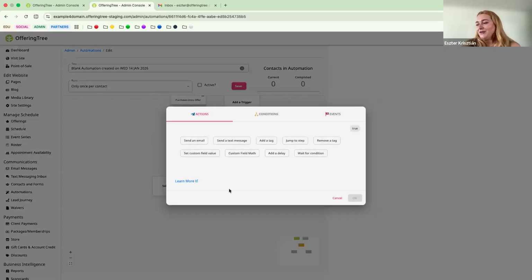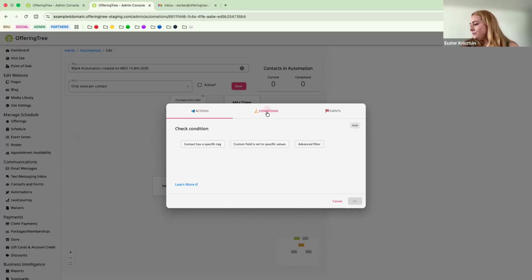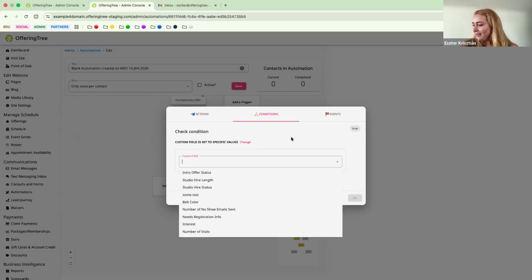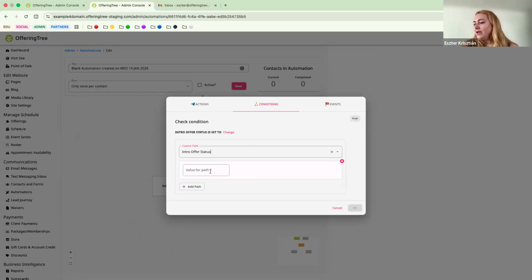And then we're going to add another step, and this one will check our custom field. So remember, we created a custom field. This is to check if they are actually starting to use a package, so then we can start adding those numbers into it. So we're going to check that the custom field is set to a specific value. So the intro offer status we're looking for, and we want to make sure that it is,